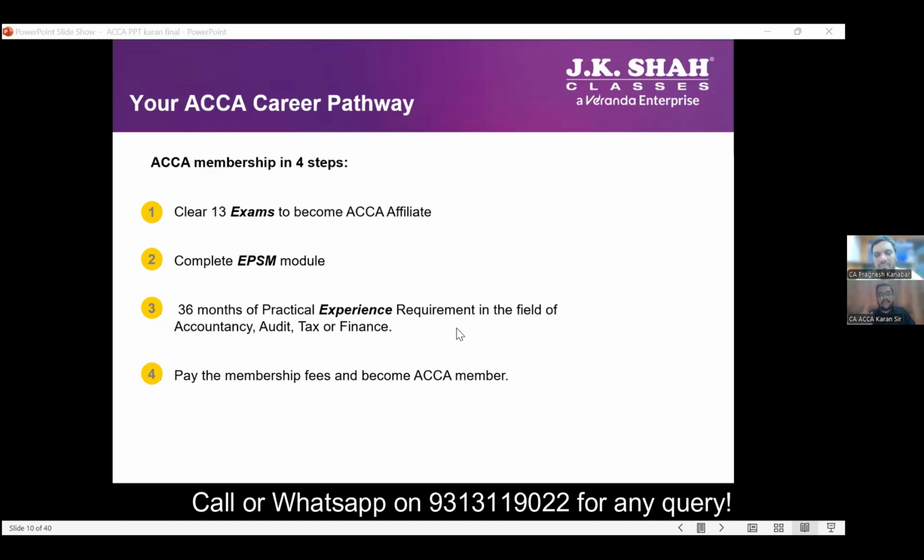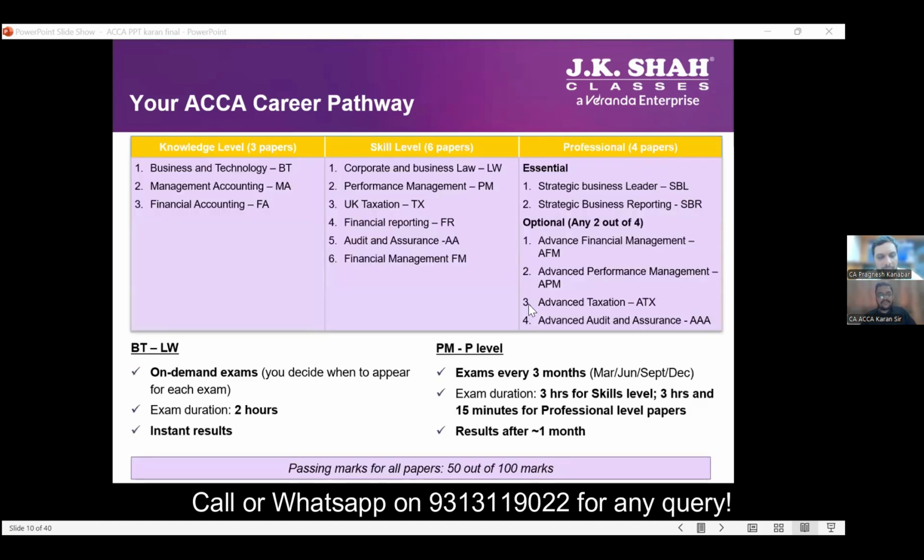You can have multiple employers for completing this. In aggregate, you have to finish 36 months. You can even take a break in between. No problem in that. At the same time, this 36 months of experience can be in an accountancy firm or it can be in industry also. So once again, complete flexibility by the ACCA Institute, with the condition that you work in accounts, audit, tax, finance-like fields. Got it. Okay.